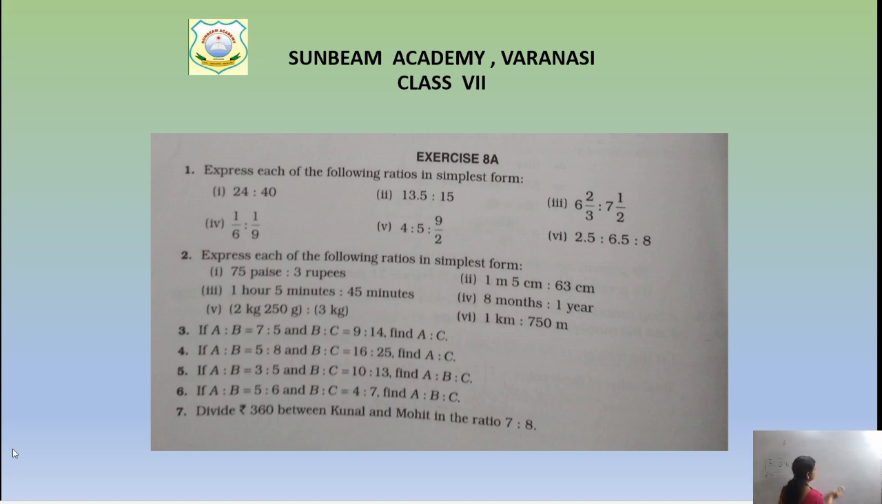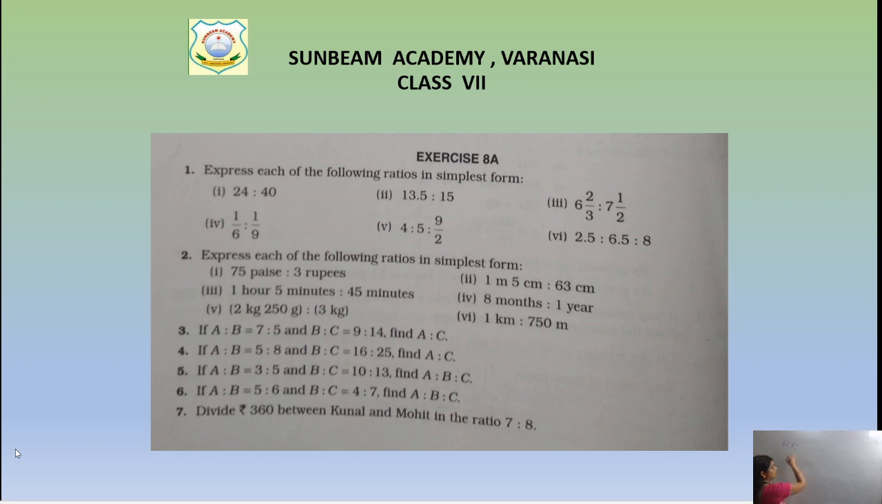If you solve it side by side, no need to leave it for next day or next time. Just complete it side by side. And then homework is for you. Okay, you have to do homework also. Question number 2,